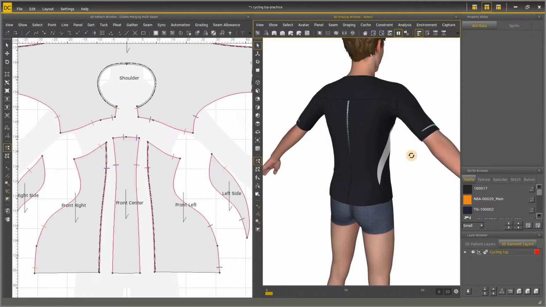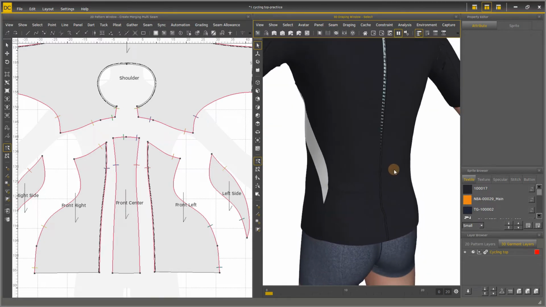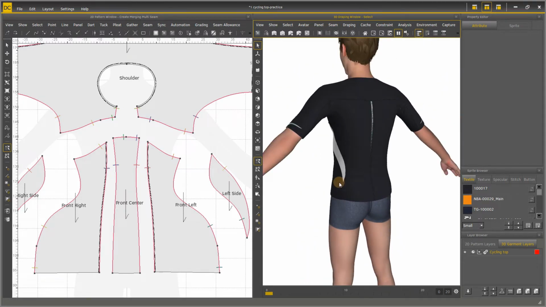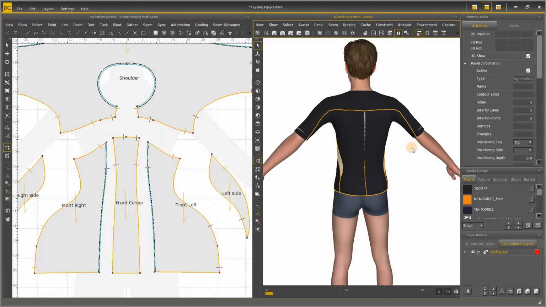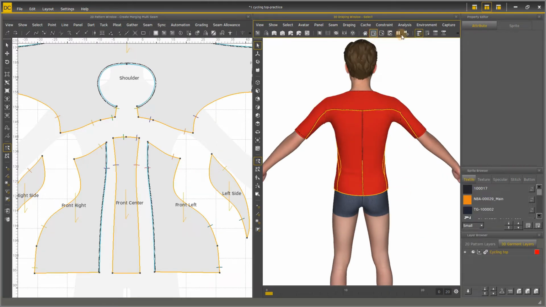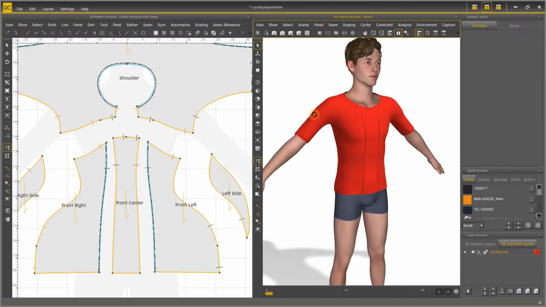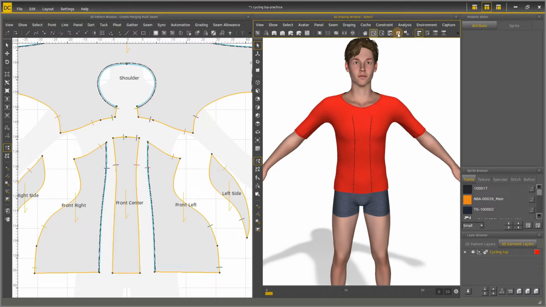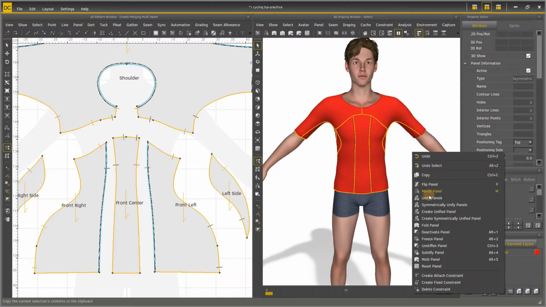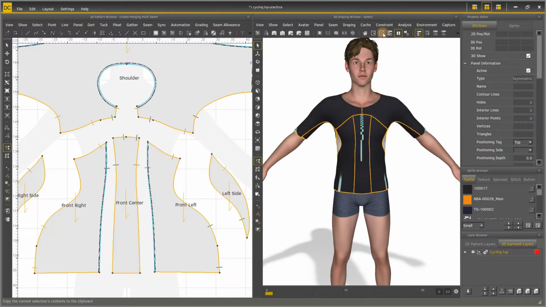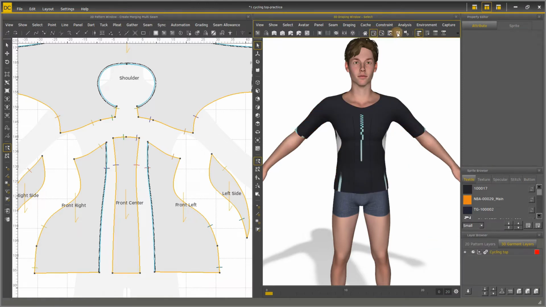If some parts are not fitting so well, select all the panels and right-click Stiffen Panel to simulate again. The toggled part on the garment will be stretched, and we can right-click to unstiffen the panel to static play again.